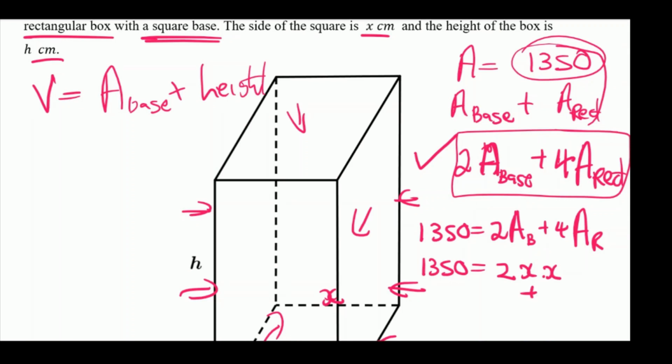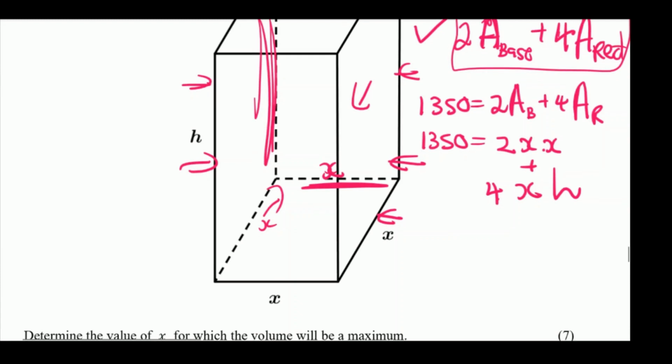And then plus, for the area of the rectangle, it's going to be x, which is the base, this one here, and the height of the rectangle, which is h, right? So if you write this properly, you will have 1350 is equal to 2x squared, this portion here, plus 4xh,